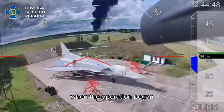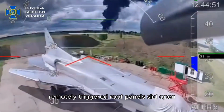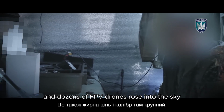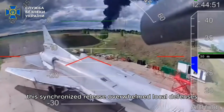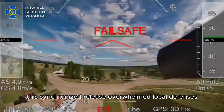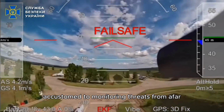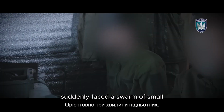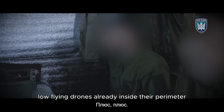When the operation began, remotely triggered roof panels slid open and dozens of FPV drones rose into the sky simultaneously from multiple launch points. This synchronized release overwhelmed local defenses. Air-based security forces accustomed to monitoring threats from afar suddenly faced a swarm of small, low-flying drones already inside their